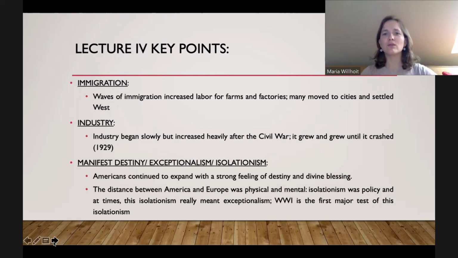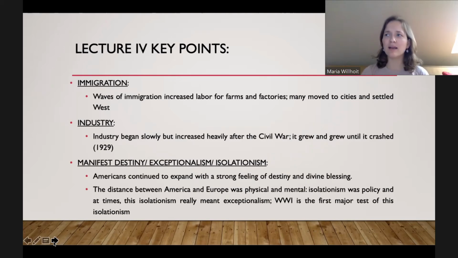But anyway, so last week we started to talk about industry and how it kept growing, growing, and growing. And finally, it crashed, really. It was too much speculation, too many people trying to put money into industries. And then you always have this thing we say in economics, the bubble burst, it crashed. There's only so much speculation you can have. And that is what begins our Great Depression, which is where we left off.